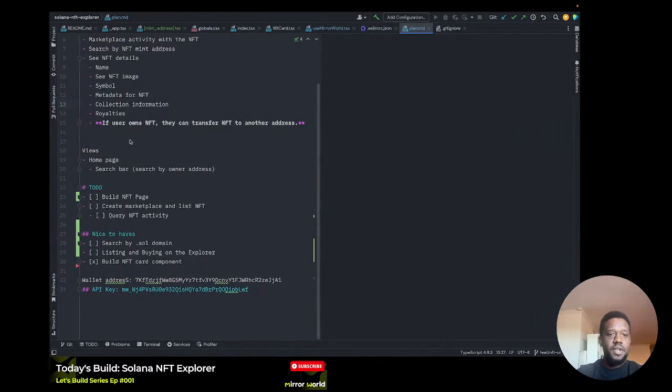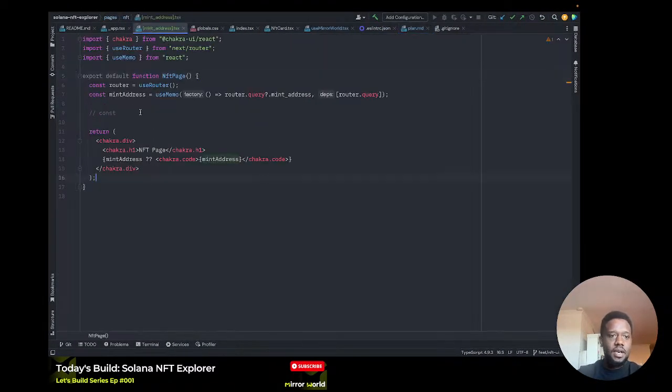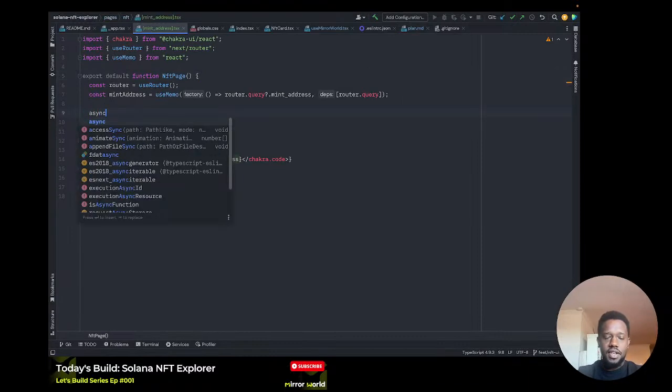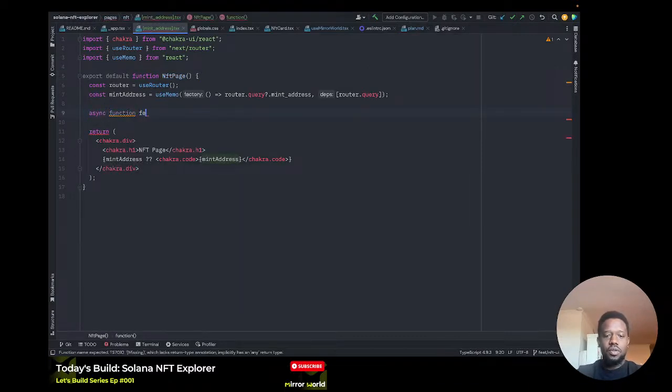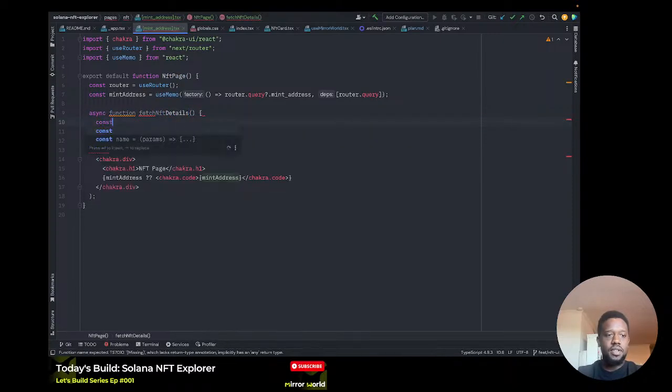So I'm going to first create an asynchronous function, which we will call fetchNFTDetails, because we want to get the NFT details. And also in our last stream,